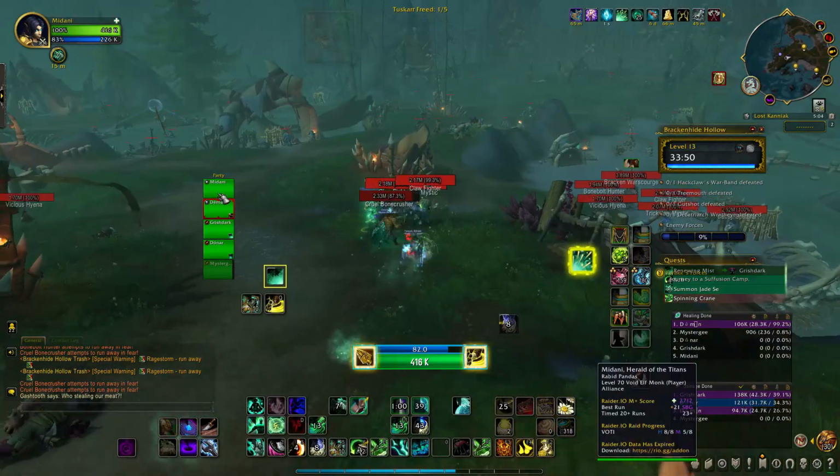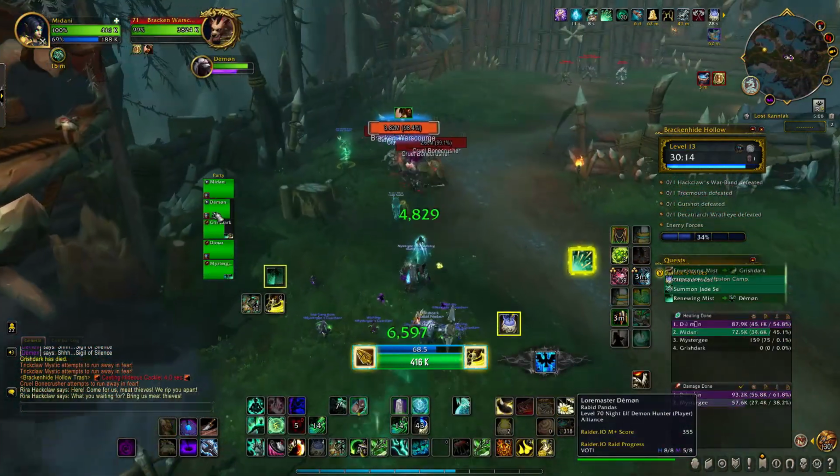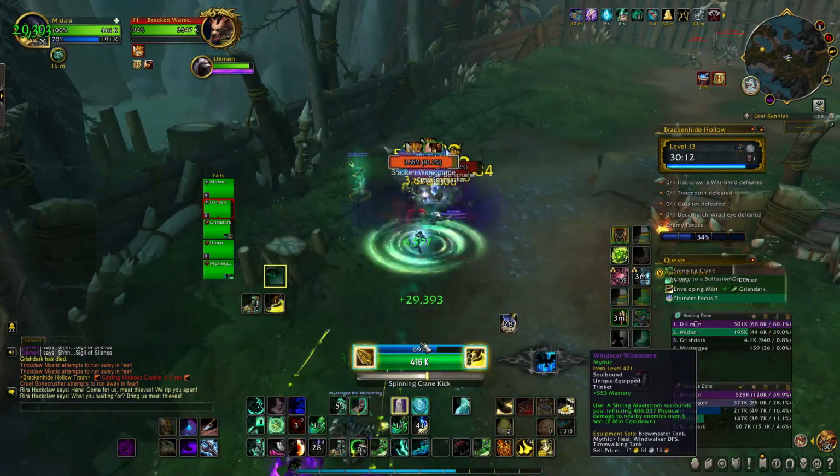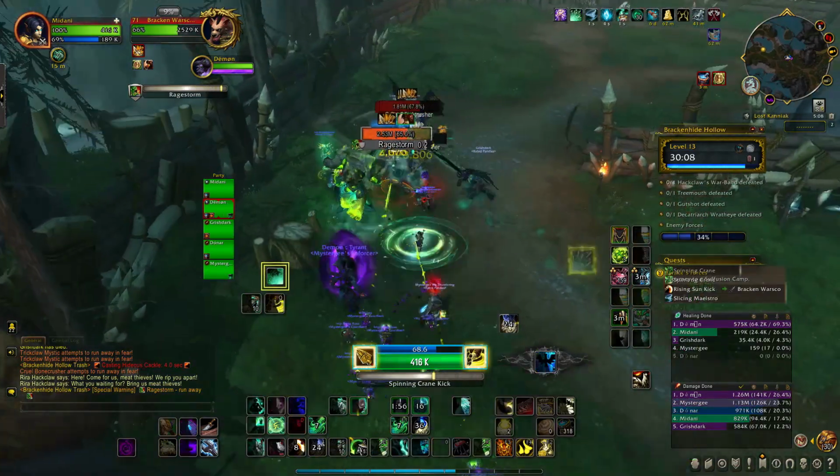affix. In terms of unique abilities, Claw Fighters will fixate on a random player and cast Vicious Claw Mangle on them, which hits 10 times over 5 seconds. You'll want to save a stun or a CC for this if you can, otherwise just pump some heals into